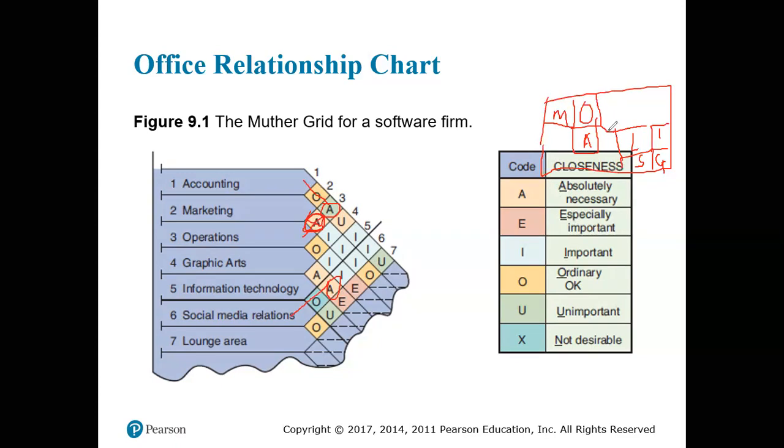The third code we have is an important connection. Those are not as important as A and E, but it's good to have them near each other. Okay, so I see marketing and graphic arts in this graph. Marketing is over here, graphic arts is over there, which is not a good fit, but it's not absolutely necessary. But since this is my first pass through, I might decide to tweak this a bit,